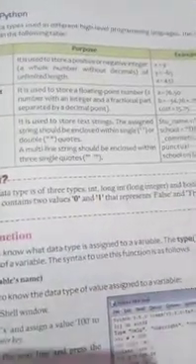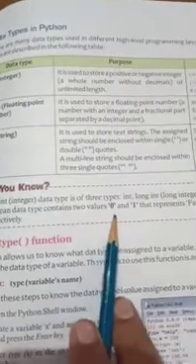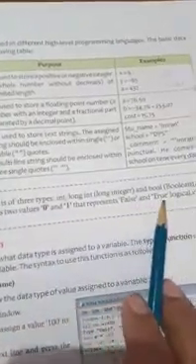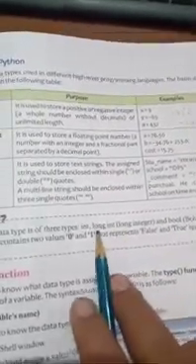So the int data type is of 3 types: int, long int, and bool. The Boolean data type contains only 2 values, 0 and 1, that represent the false and true logical values respectively. The Boolean data type is only for true and false. For true you have to put 1, and for false you have to put 0. And the int data type is of 3 types. One is int and one is long integer. Long integer means if you want to contain a value of 4, 5, 8, 10, or 12 digits, then you have to use a long integer.